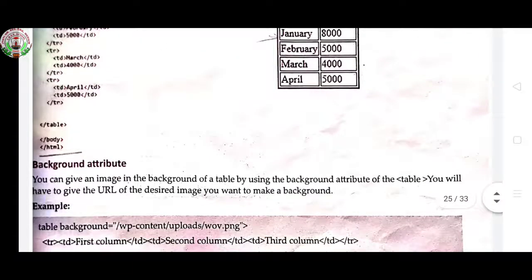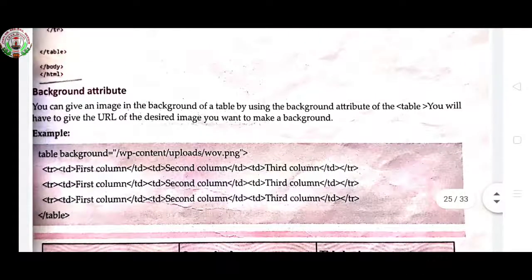Now the background attribute. You can give an image in the background of a table by using the background attribute of the table. You will have to give the URL of the desired image you want to make a background. Now for example, I want to set a background in my web page.